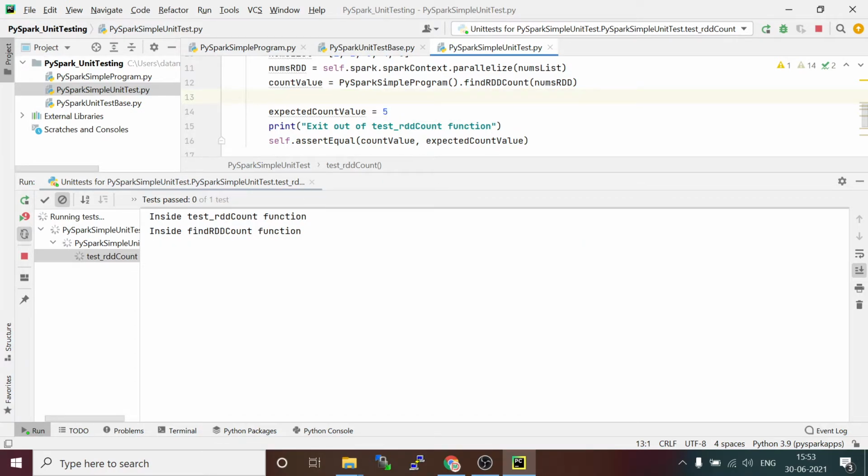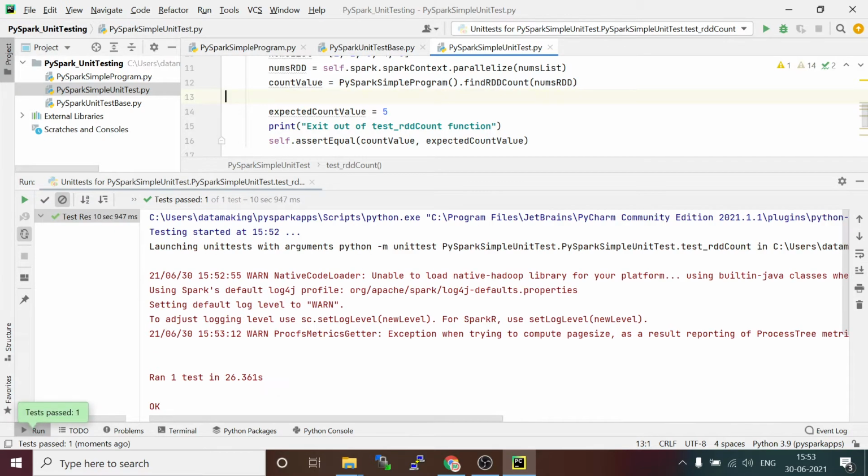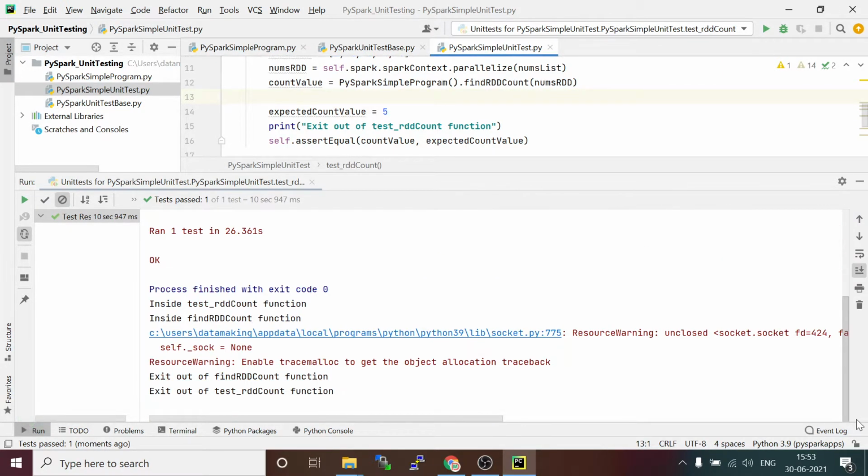Now it is inside the find RDD count function, finding the count. So now the test has run, and the test case is passed. Both the output value, the count value, and the expected count match. So this test case is passed.